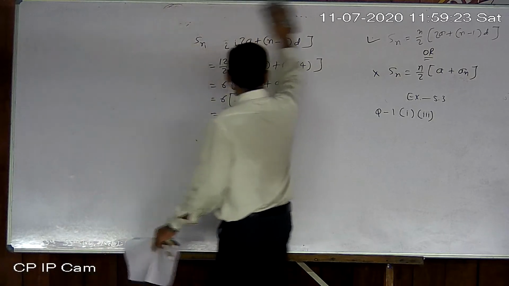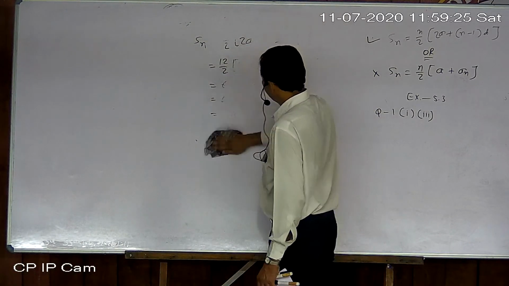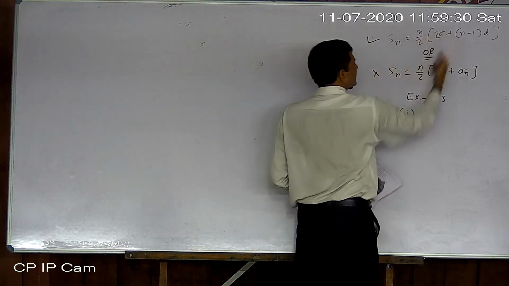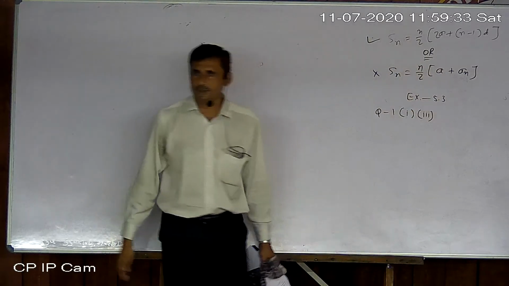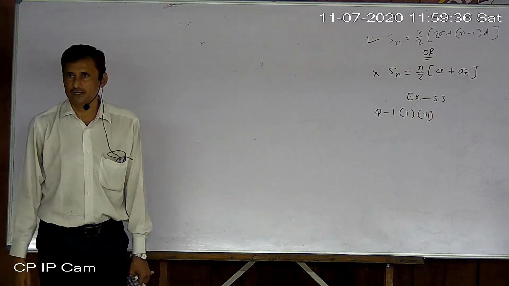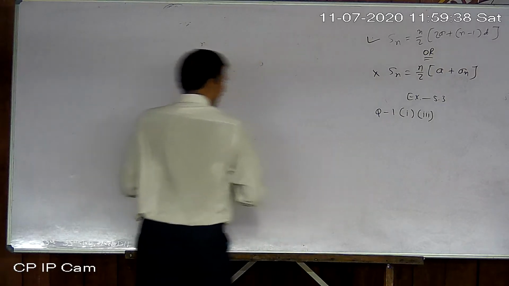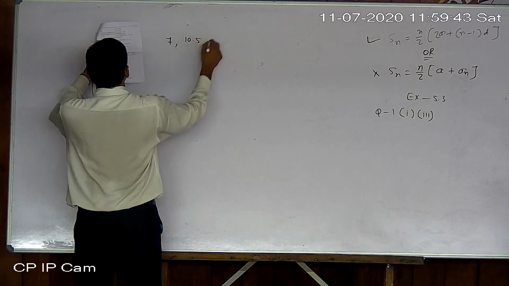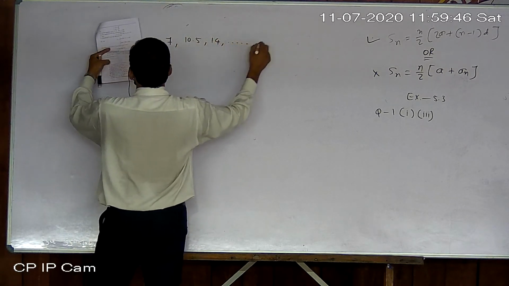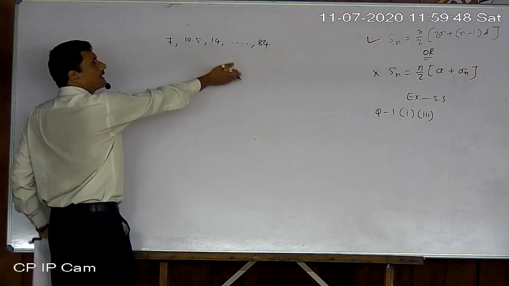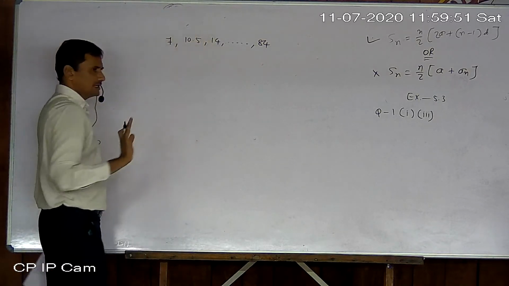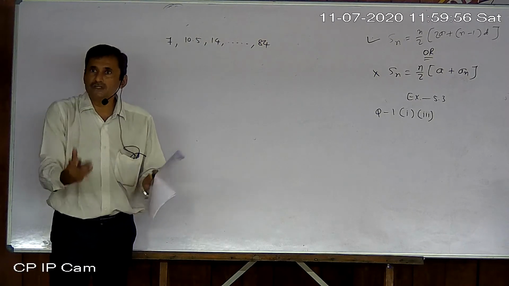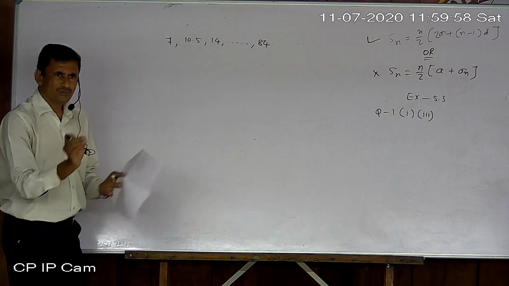So in the second question, we cannot find n directly. What is the problem? N is not given. You know n is used in any formula, so without n, you cannot find it. So you just write it as an AP only. Can I write 7, 10.5, 14, dot dot dot 84? That is our arithmetic progression. I removed that addition sign. The addition sign is given just to show that the sum is asked. Otherwise there is no use of that.